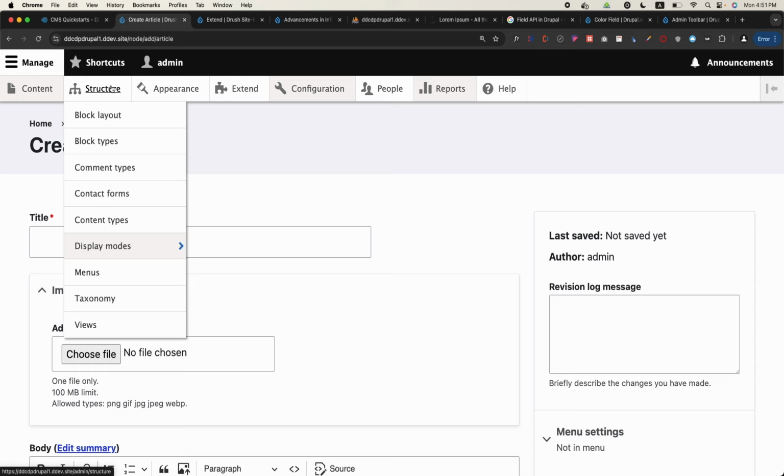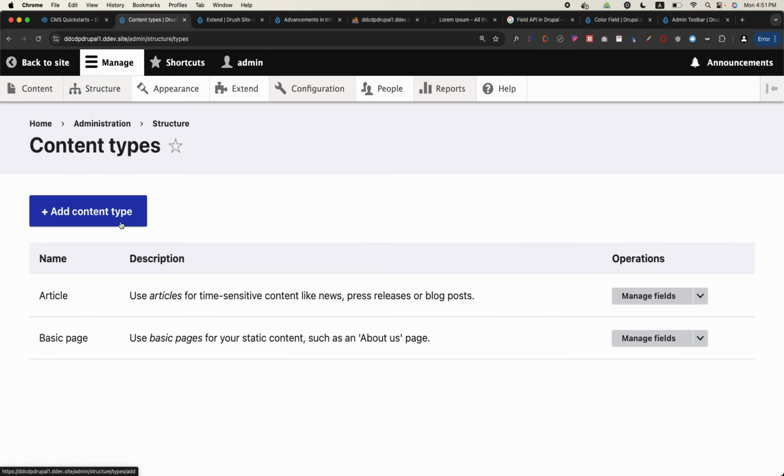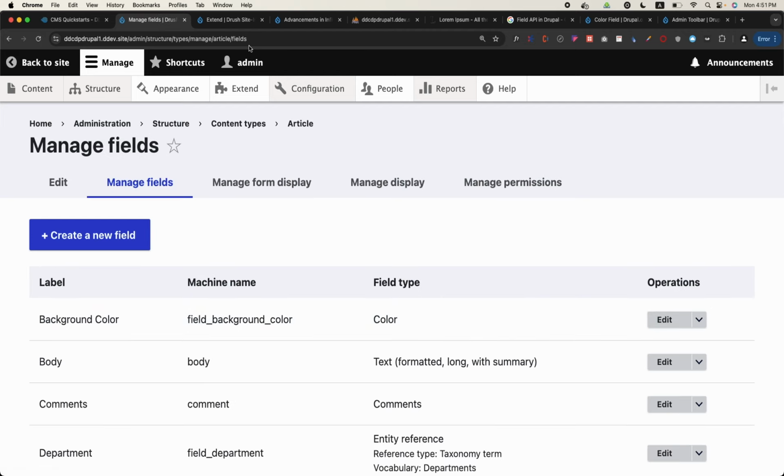Okay, we can come now to structure, content types, and here we will have, so you can create a link for manage display of the content type also. So how can we do it? Manage fields. So this is the manage fields of what? The article content type. So I can copy the path,